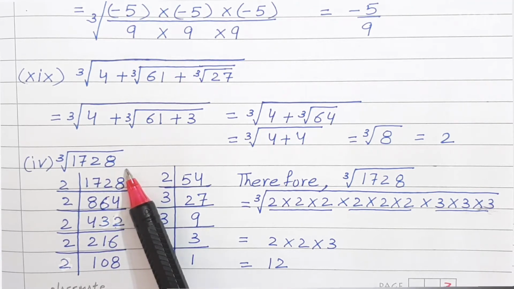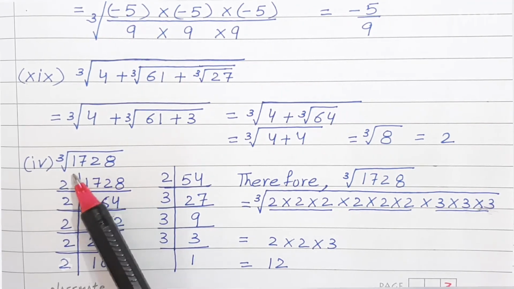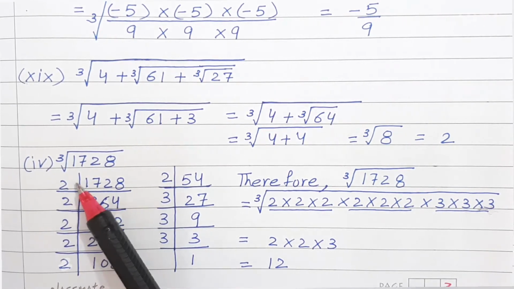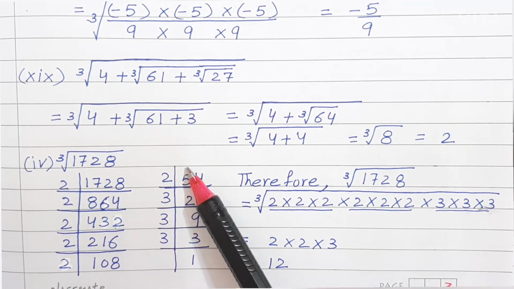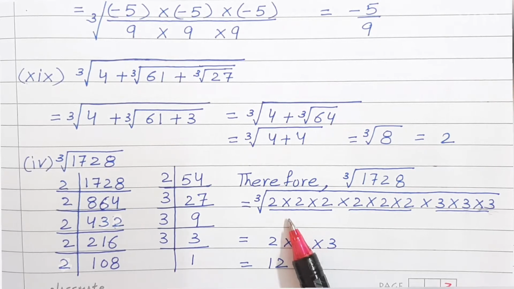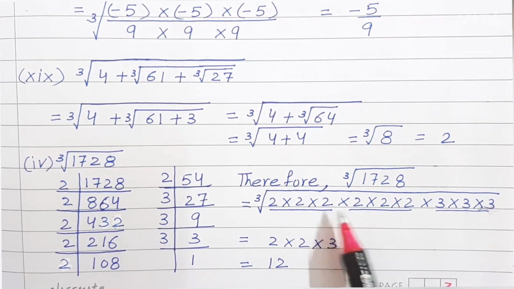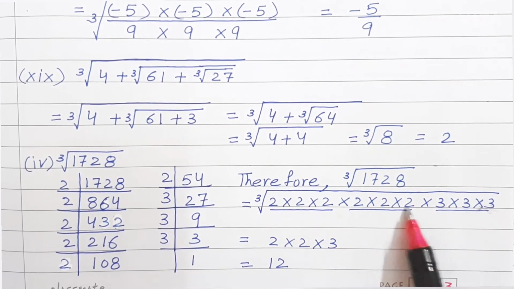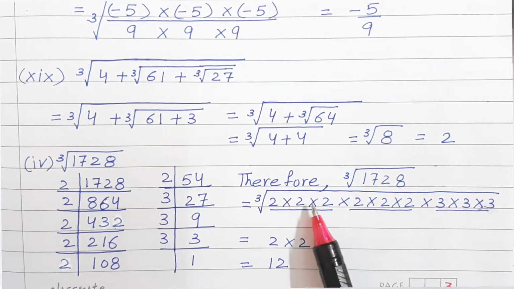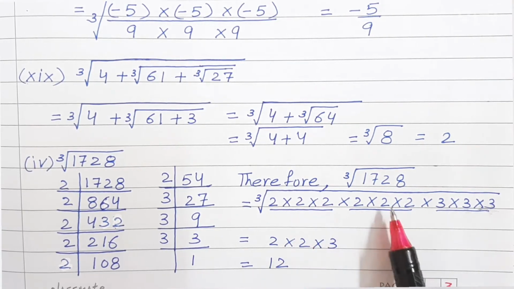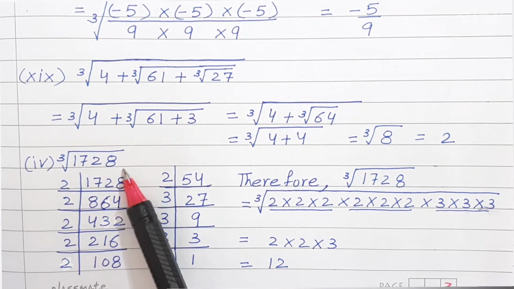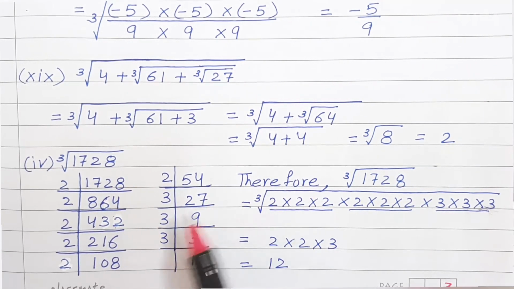Now see the next part. 1728. Children, as I told you, if you don't know the cube, we can go with prime factorization method. So 1728, after solving this by prime factorization method, we are getting 2 in a triplet form, then again one more 2 triplet, then again one more 3 in triplet. We need to make them in triplets, right? So you will write 2 here once, then 2 once, then 3. So 2 2s are 4, 4 3s are 12. 12 is the cube root of 1728. I hope you all have understood like this.